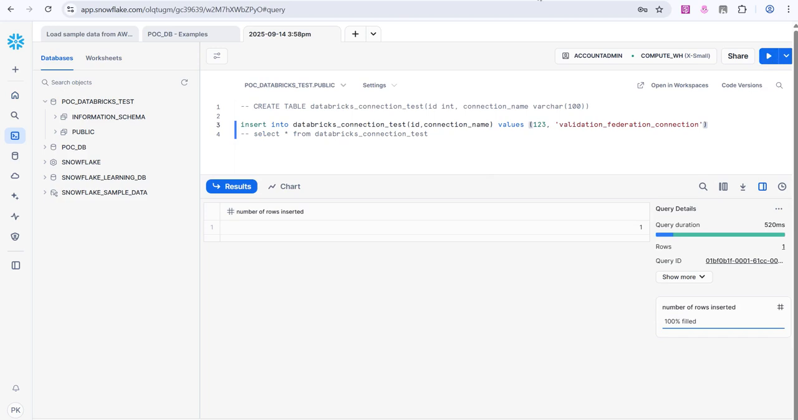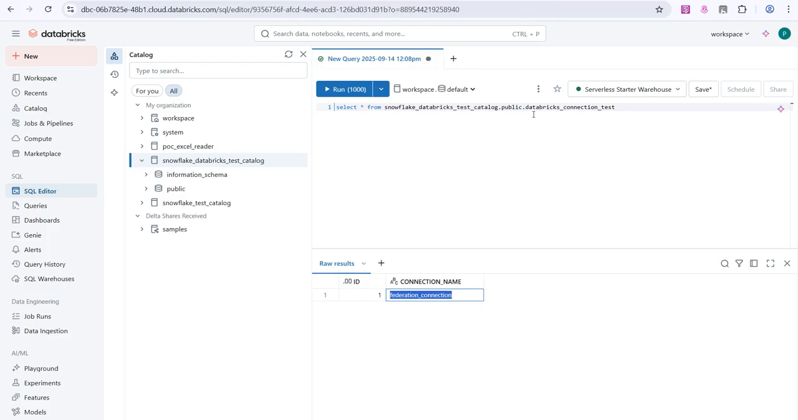Okay, if I go back and check it in Databricks, it will show how many records are there. This is easy, right? We can do it like this for any database, whatever federation connection is available. We can do any databases directly, Snowflake, SQL, and